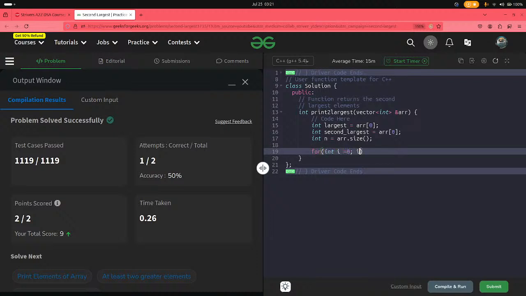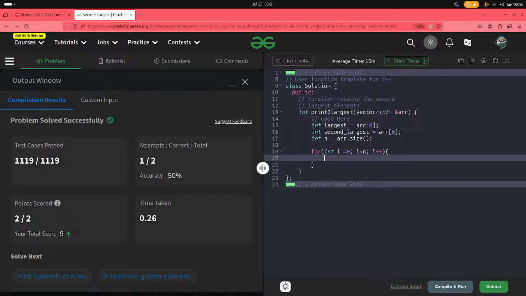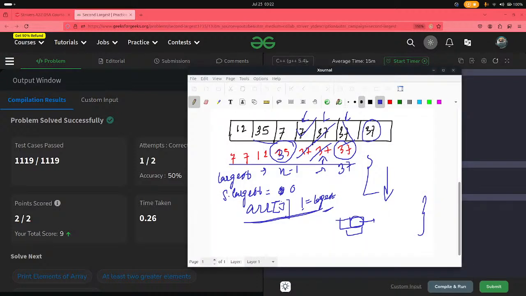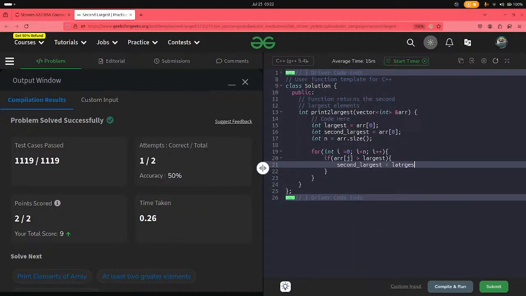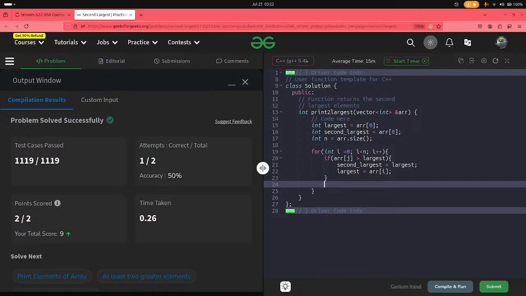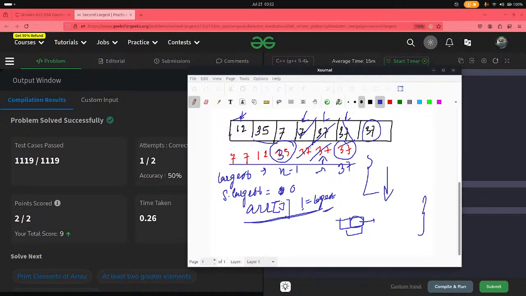Then I have to do I equal to 0 to I equal to n and I plus plus, okay, it will be swapped. If the